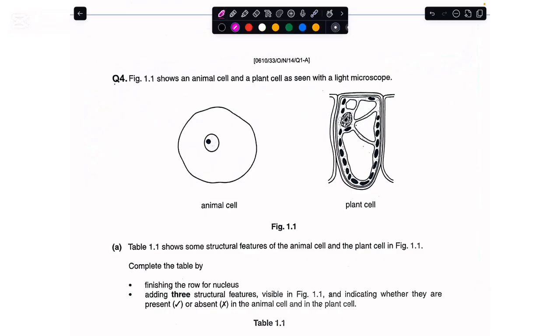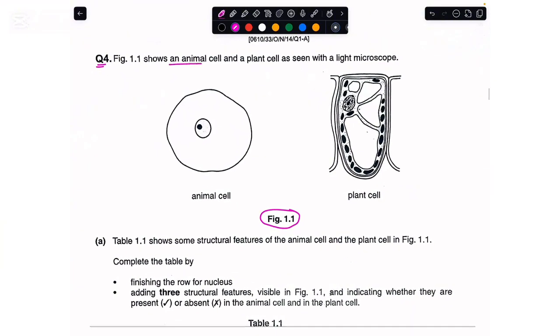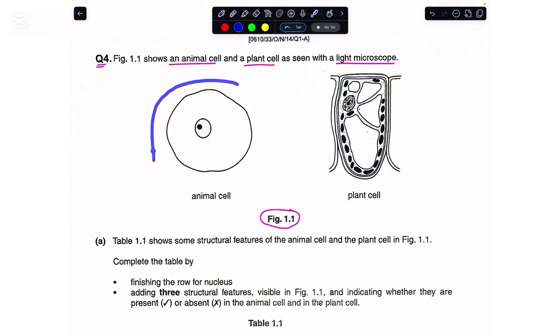And if we just go on to question number 4, they say we are showing you this figure 1.1. This figure 1.1 shows you an animal cell and a plant cell, and the image has been taken with the help of a light microscope. Now, why is this an animal cell? Because we do not have any cell wall in its structure. And if I talk about this cell, this is a plant cell owing to the fact that we see the cell walls and then we see the large vacuole